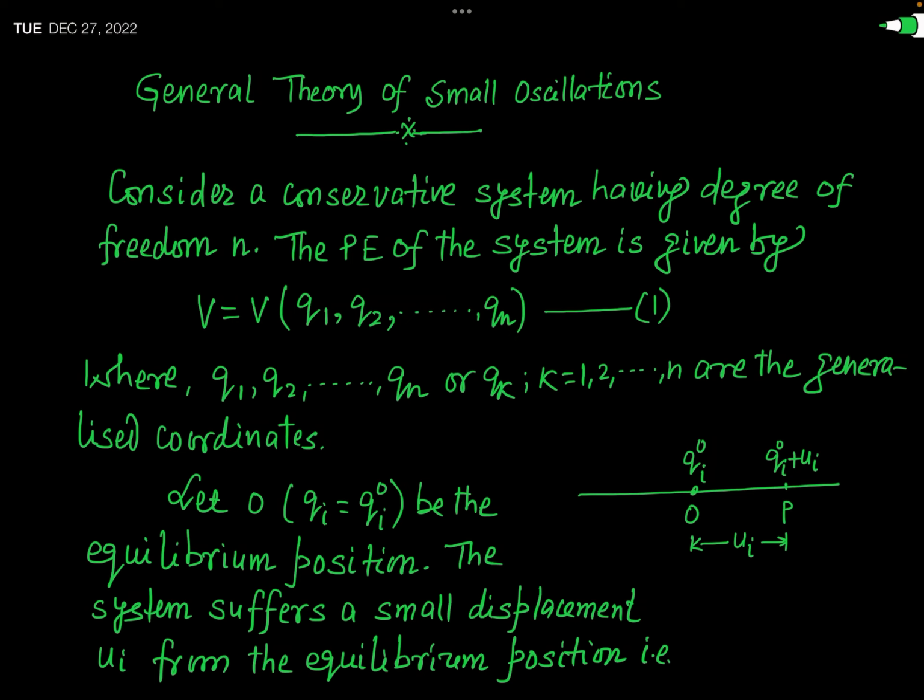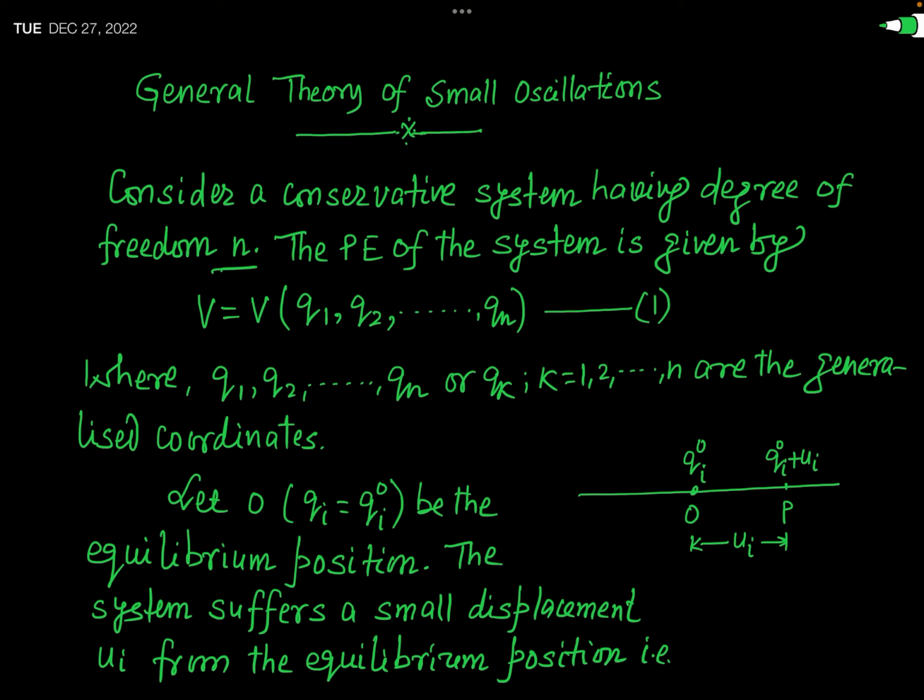Okay. So, first of all, we are going to develop a general theory of small oscillations. And for this, let us consider a conservative system, and we assume that our conservative system has n degrees of freedom. As you know, if the system has n degrees of freedom, what does it mean? It means we will need n independent variables, or you can say n generalized coordinates, to describe the configuration of this system. Okay? So let us consider that q1, q2, and so on up to qn are the generalized coordinates of this